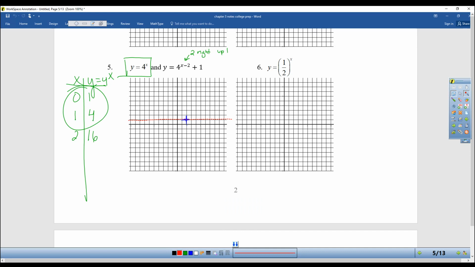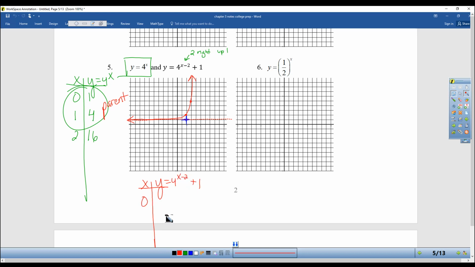And now I'm going to do these points pretending that this is the new origin. 0, 1 would be right there. And then 1, 1, 2, 3, 4. So I can't stress enough that you're always just making the parent graph. That's the key. Is it possible to actually graph y is equal to 4 to the x minus 2 plus